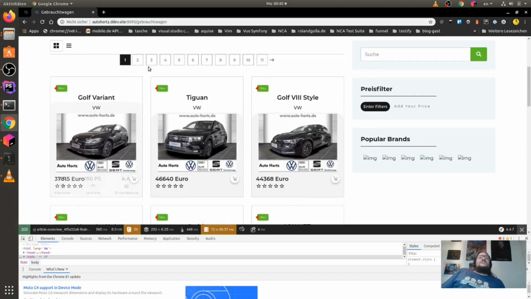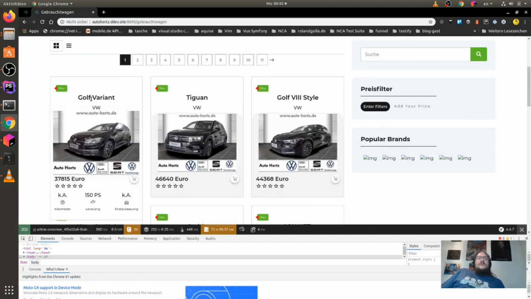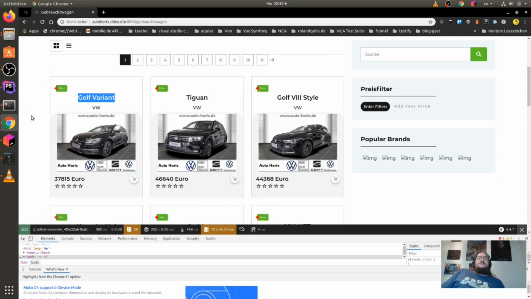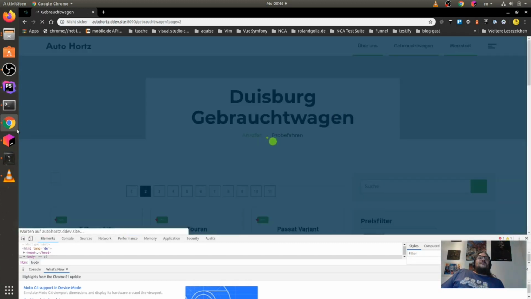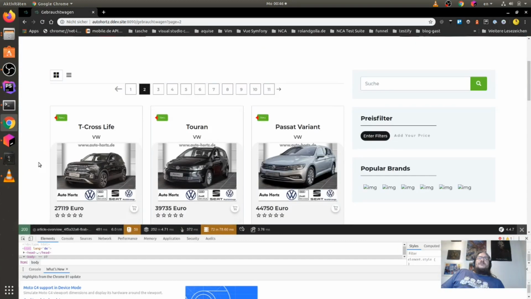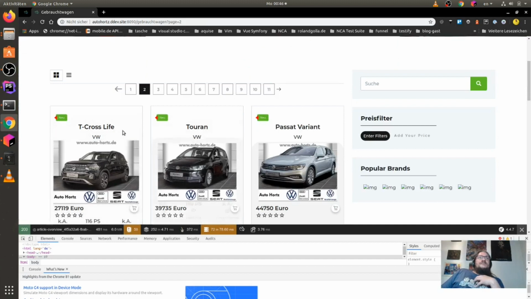I want to check if this car here has another title on page 2. Okay, so it could be that it's the same here. We can check the titles.